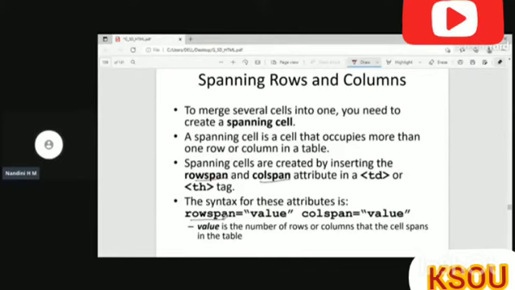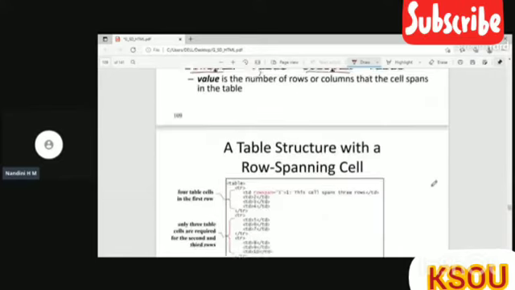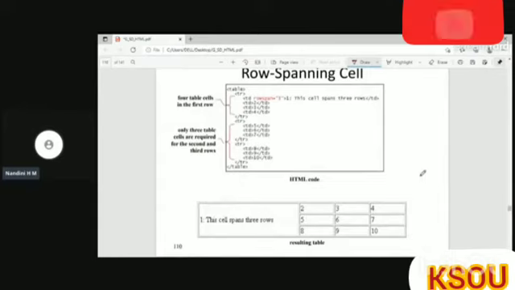If you want to merge rows, you use rowspan, and you specify the value, how many rows you want to merge, whether 2 rows or 3 rows. If you want to merge columns, you use colspan. Again, here you also give values, whether you want to merge 2 columns or 3 columns, etc. So this is an example.